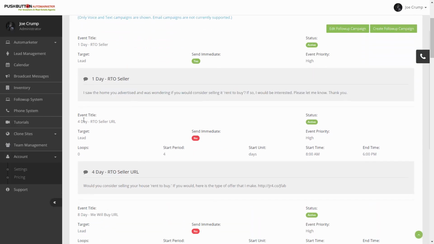On day 4, this campaign is set up so it waits, and then on day 4, another message is sent. And this time, it's a little different message, and it also sends them a URL of one of your clone sites. And this is the rent-to-own seller site that explains how the rent-to-own seller program works. And they can go to this website, and there's a place on there where they can fill out a form, and if they fill out a form, they become a lead, or they may just respond directly